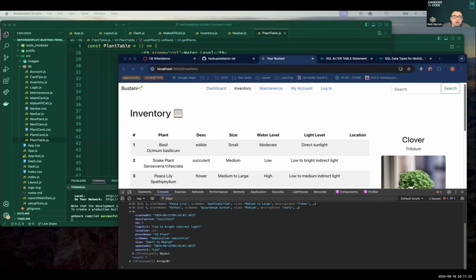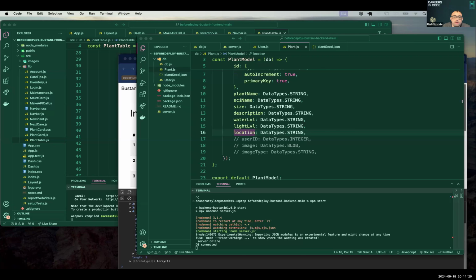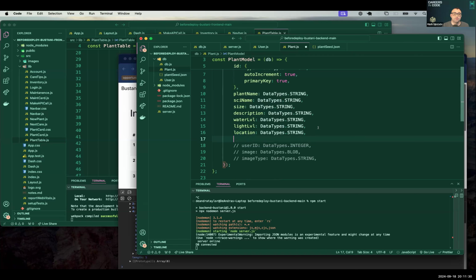Okay, so all we need to do is in here, use my favorite data type.